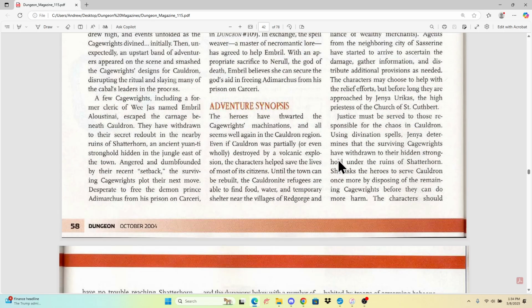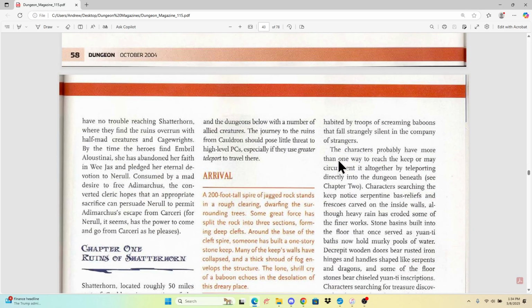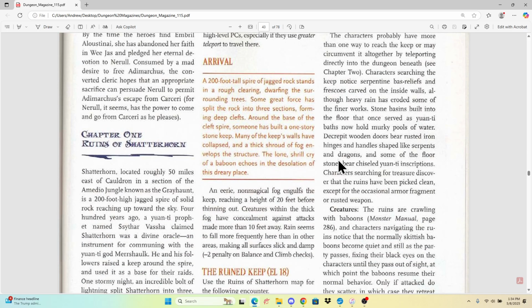Now, as you're going through the adventure here, you get a lot of information on the background of the adventure and all that. This adventure suggests that the players have either heard rumors about this location or maybe someone like Jenya Eurakis gives them the quest. I would recommend not having her give them every single quest, which a lot of these adventures set up that way, that she's the standard quest giver. But for realism, perhaps they picked up a clue in the last adventure or found some other information that Shatterhorn is the place to go,